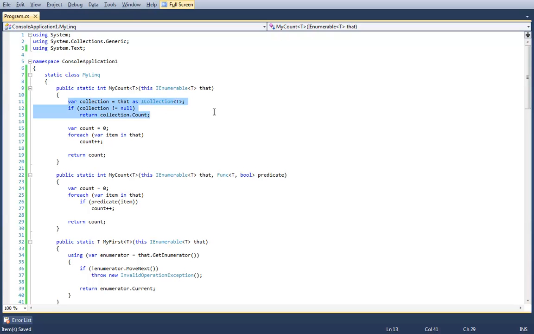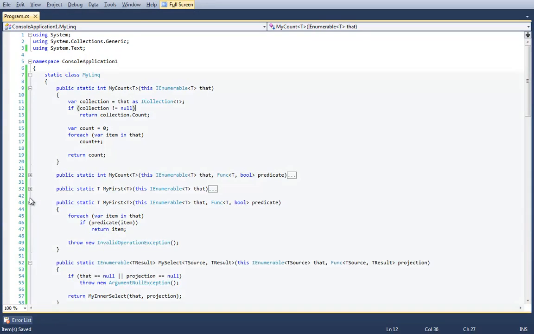This, however, allows us an opportunity to detect if it is of this type. And if it is an ICollection of t, then return its count property. Now that's a very important optimization because lists, for example, implement ICollection of t.